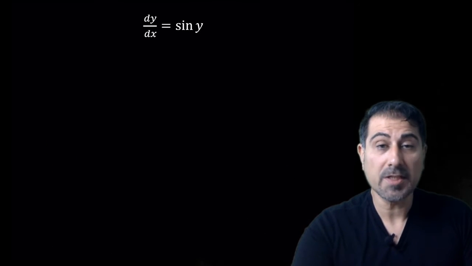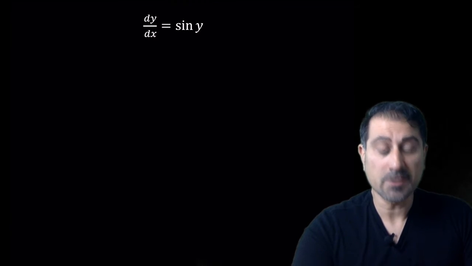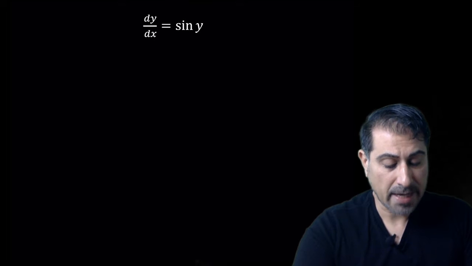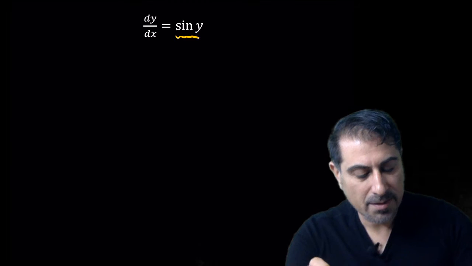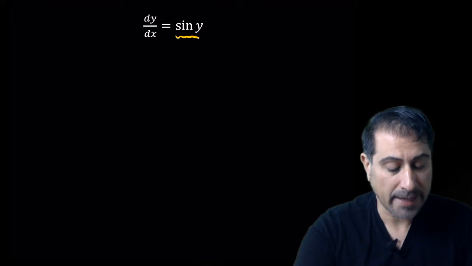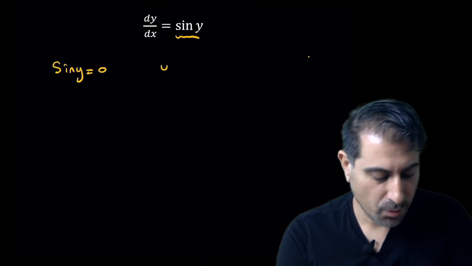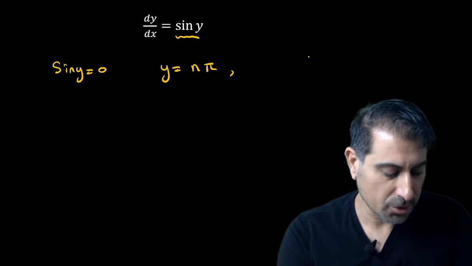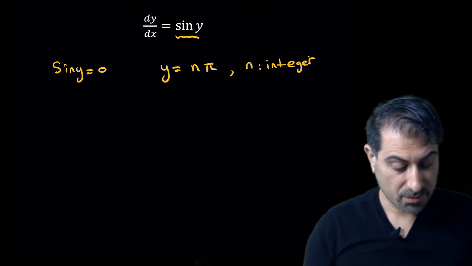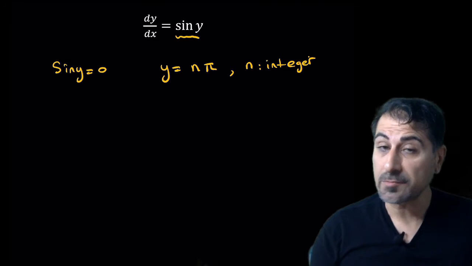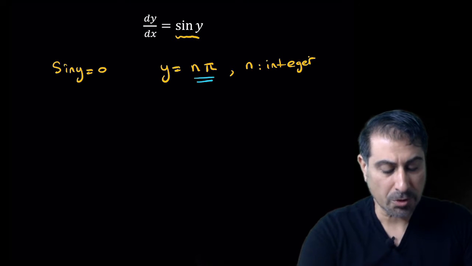All right, we have dy over dx equals sine y. Before we have a good visual of the direction field by a computer software, I want you to stare at the right-hand side of the differential equation. So we have this function sine y that's independent of the independent variable x. We know that sine is 0 whenever y is an integer multiple of pi, n times pi. So this n could be negative or positive, n could be 0. So these points are in fact critical points of the solution curves y.